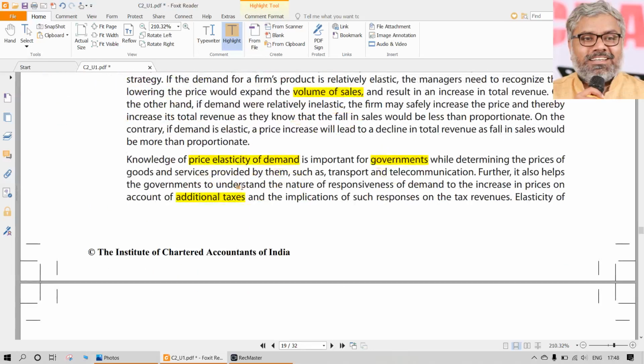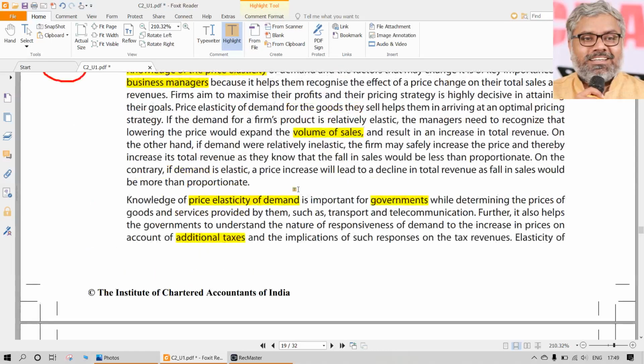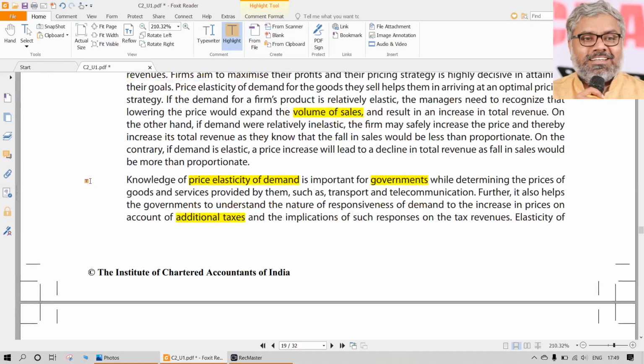So the point is, governments know this very well. The price elasticity of demand for such products is low, so the price of them can be increased further, non-stop. But how to do that? By levying additional taxes on them. So government revenue will increase, and the price of these products will increase. One way the government will say is that we are increasing it to discourage people from consuming, but actually the people will anyway consume them, irrespective of the price.